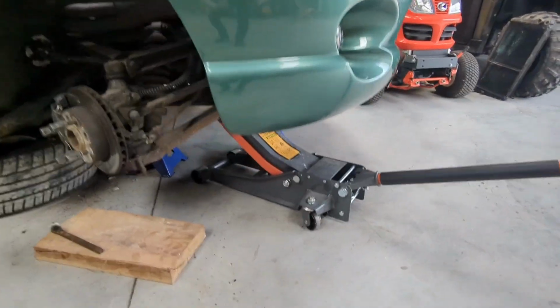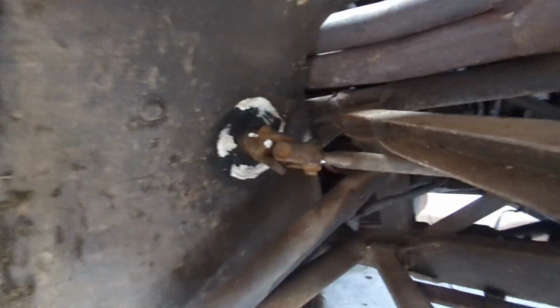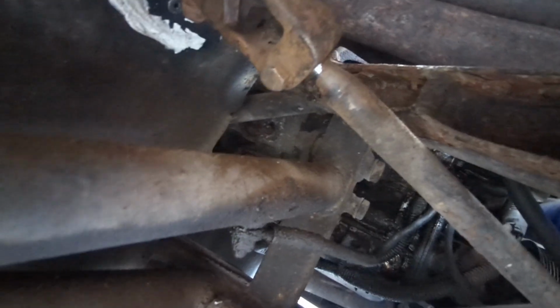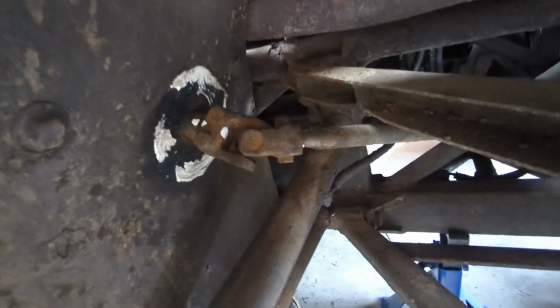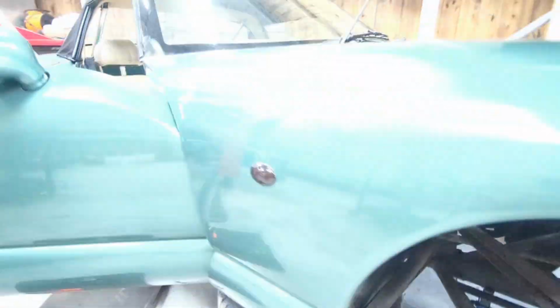First step is to jack up your car, obviously. That's to expose the steering column at the bottom there. I've gone ahead and cleaned it up and also marked it with white nail polish, just so I get it back in the right alignment. You can just about see there's some very small screws here that holds it to the bottom of the car. And if we take you inside,